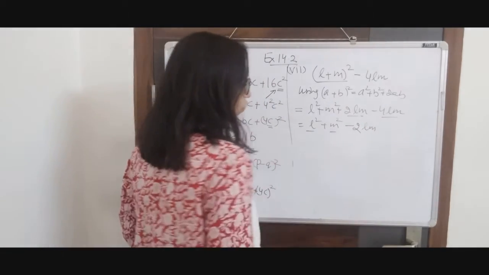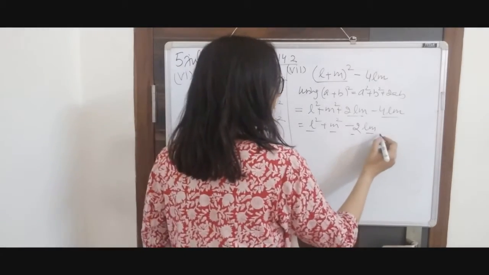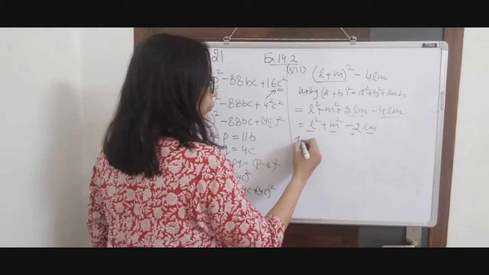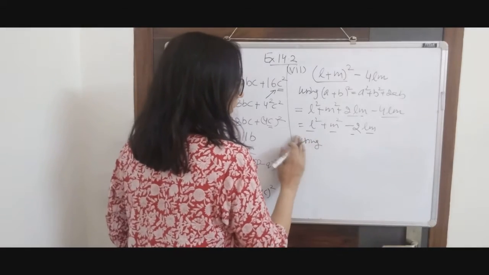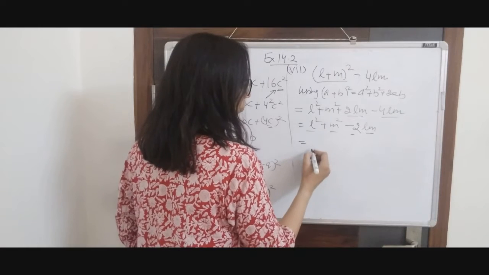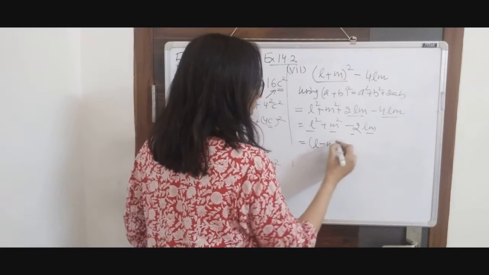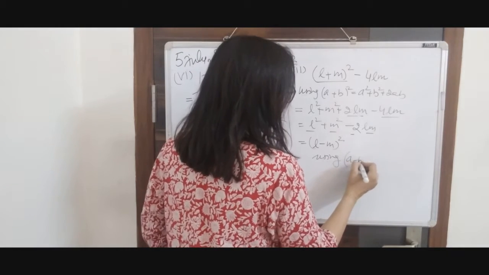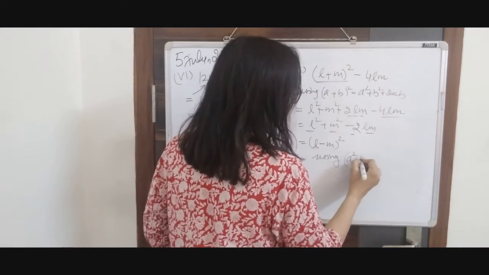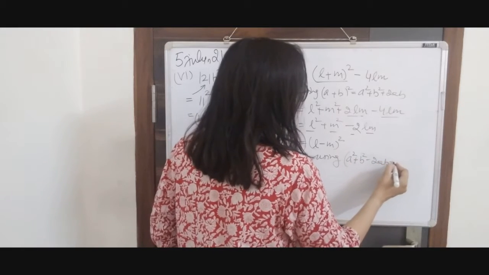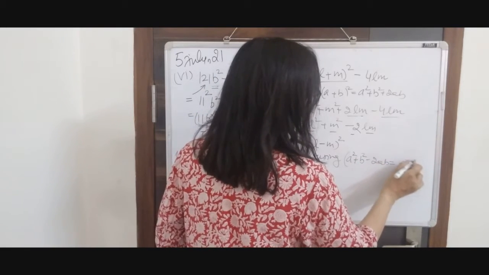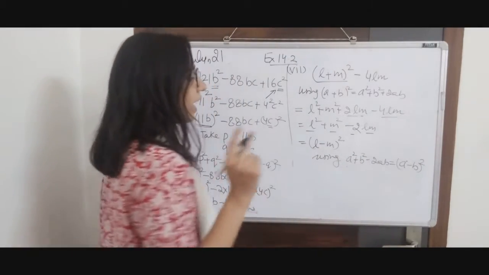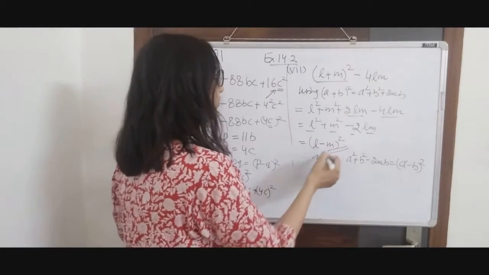Here we have the square of two terms and then twice their product with a minus sign. It means we are going to write it as (l minus m) whole square. How? By using (a minus b) square, or you can say a square plus b square minus 2ab, as (a minus b) whole square. So you use the second identity and you got this factorization.